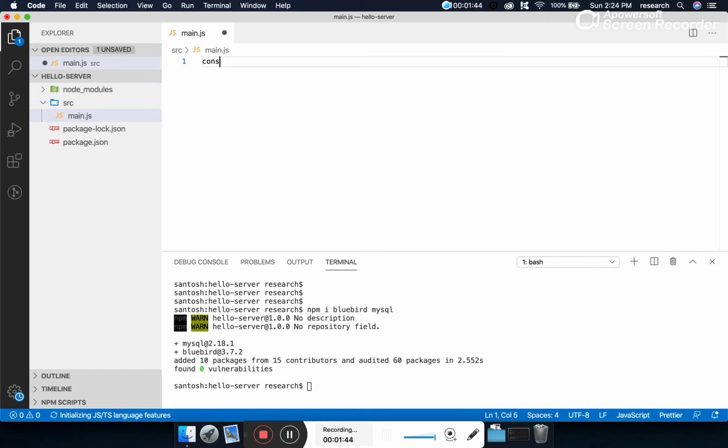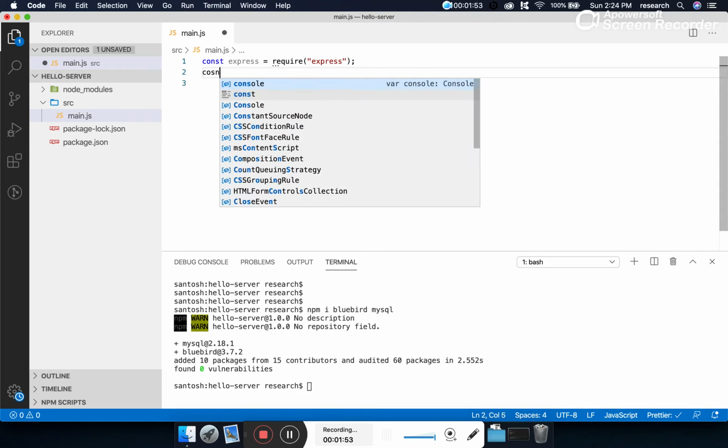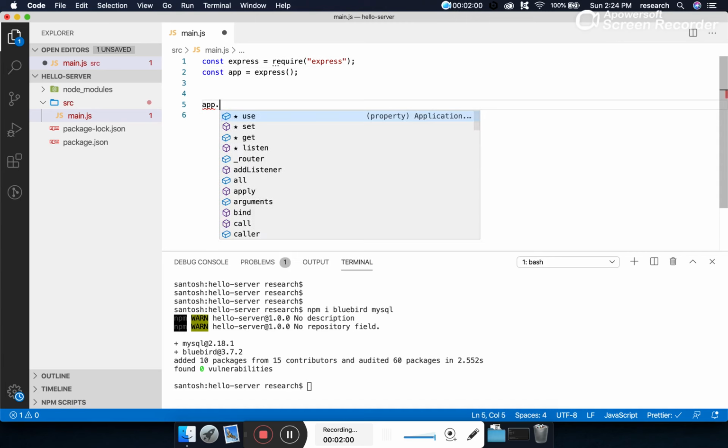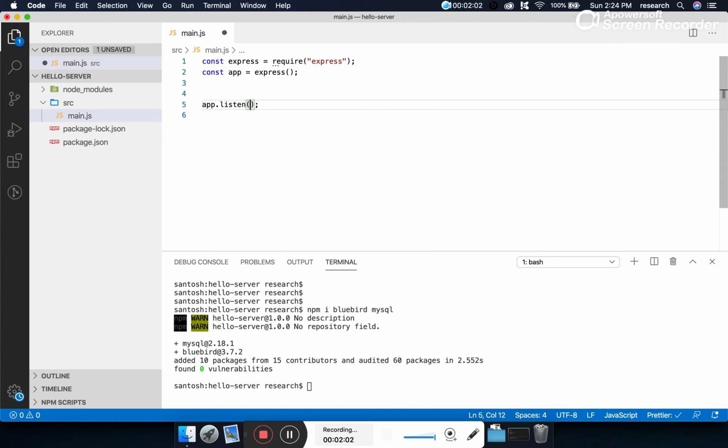main.js. So let's begin with const express is equal to require. What do we have to require here? Express, and let's create an instance of express and app.listen. What are we trying to do? We are starting the server.